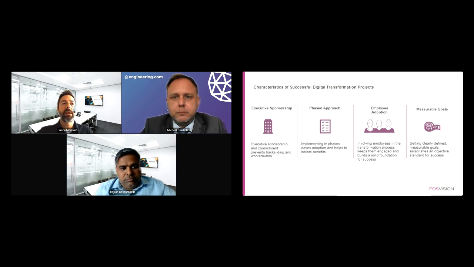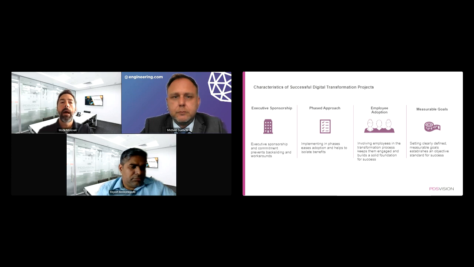And especially if we're looking at organizational change that involves multiple departments, you can end up with conflicts. You can end up with political issues between those different teams, and having that executive sponsorship helps to get everybody to buy in. It helps to cut through a lot of the bureaucracy to resolve those internal political issues, and just makes everybody know this is the direction we're heading and everybody needs to be committed to it.